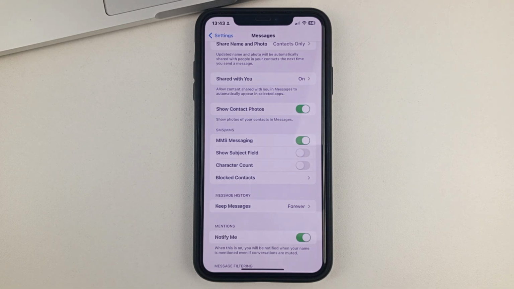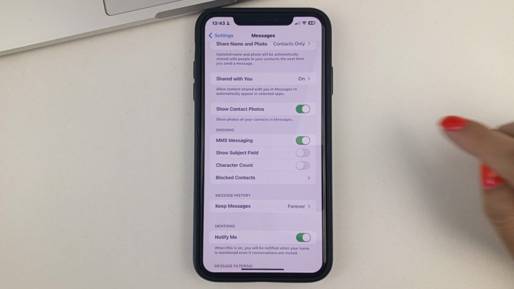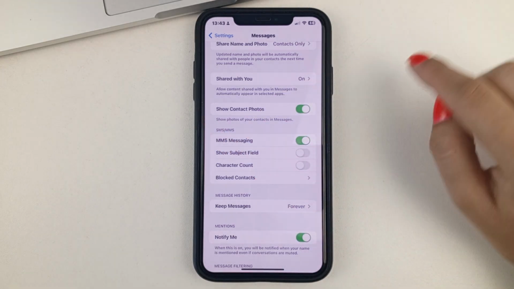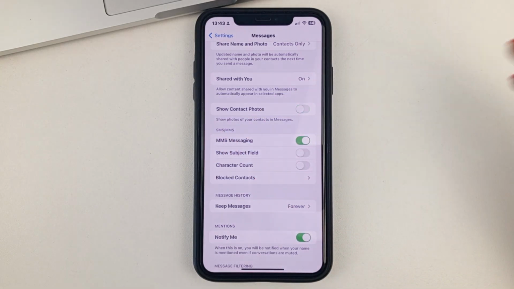I have an older model iPhone, so unfortunately I don't have this feature, but if you see it on yours, you can deactivate it easily. You'll just need to turn off this button right here in front of the feature. This way, the person who sends you a message will not receive notifications that you have read or not read this message. Friends, this is a very simple way to disable read notifications on your iPhone.